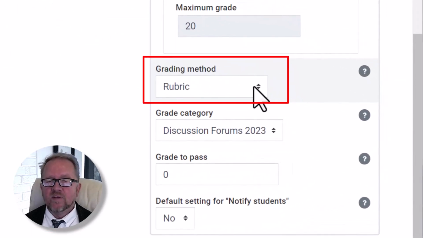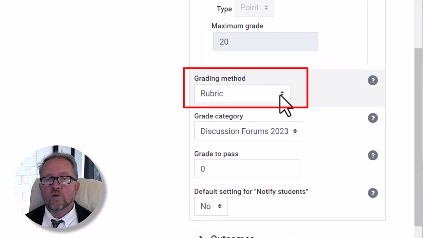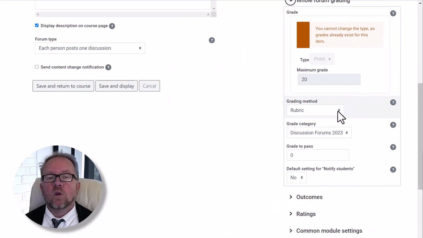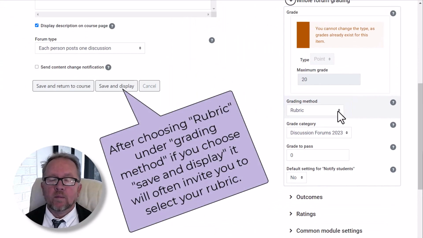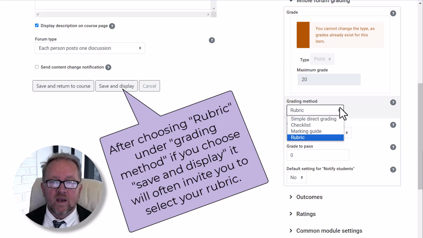Now with that, this is an advanced grading function. You'll go through and set this all up, but until you log in a second time, you won't be able to set up the rubric unless you go to the drop down and choose advanced grading. But I'll show you how that looks, and I have several choices here. I've chosen rubric, and now